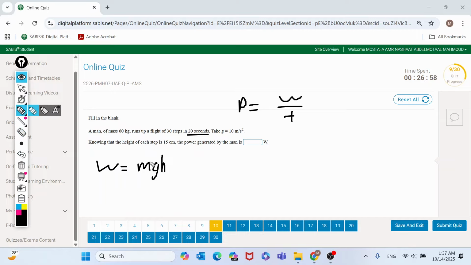Okay, so the mass is 60 kg, gravity times 10, and the height, so 30 steps, each step is 15 centimeters, which is 0.15 meters. Okay guys, don't get confused and put centimeters. 0.15 meters. You do that, it's going to equal